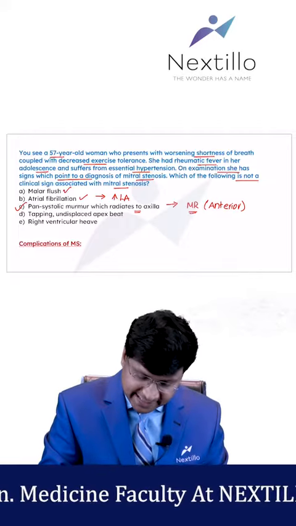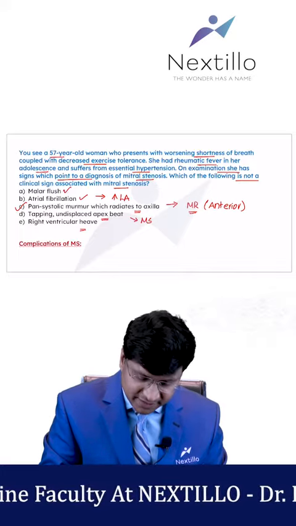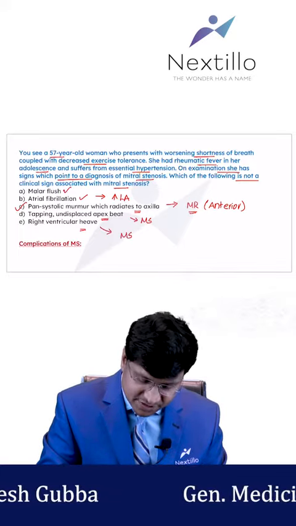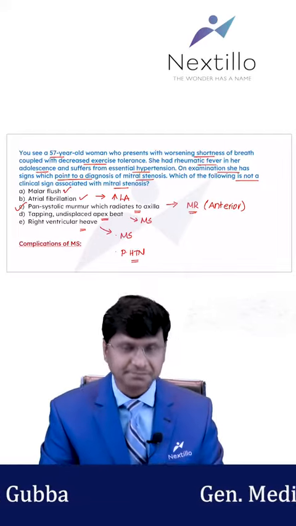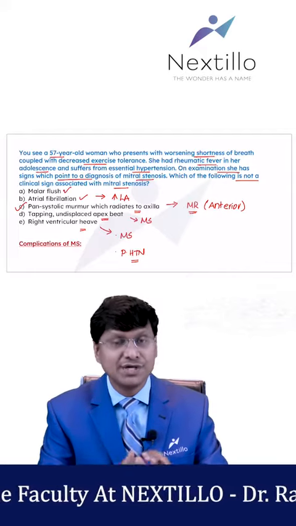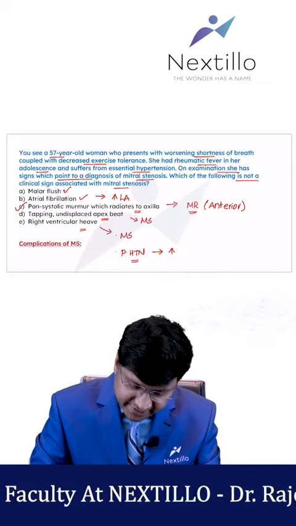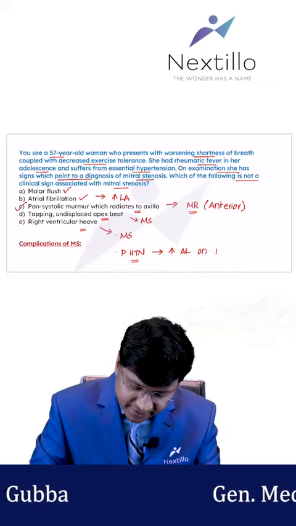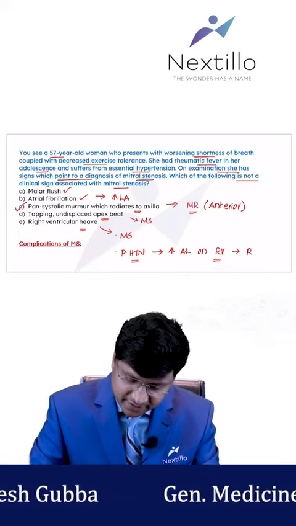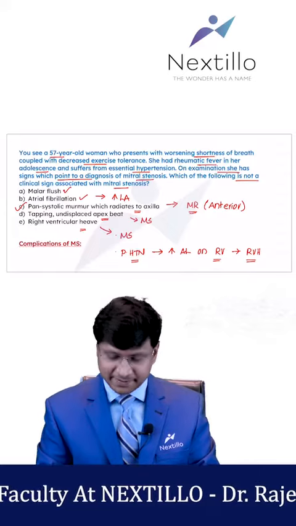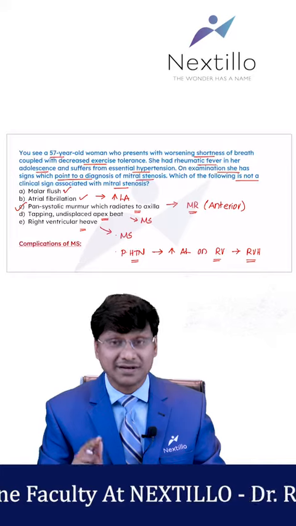Okay. Then a tapping undisplaced apex beat is what you see in patients with mitral stenosis, and a right ventricular heave can also be seen in patients with mitral stenosis. And why is this? That is because of the pulmonary hypertension. Because of pulmonary hypertension you have this right ventricular heave, because once there is pulmonary hypertension there will be increased afterload on the right ventricle. Once there is increased afterload on the right ventricle, there will be right ventricular hypertrophy, right? And because of this right ventricular hypertrophy you have this right ventricular heave. Okay,